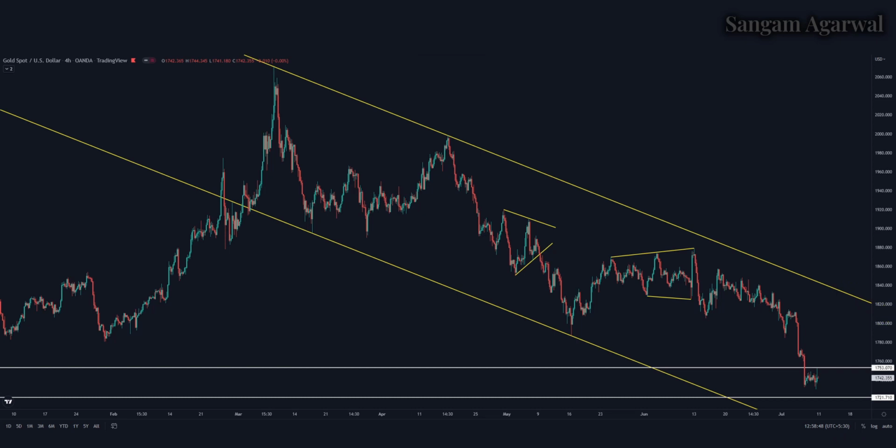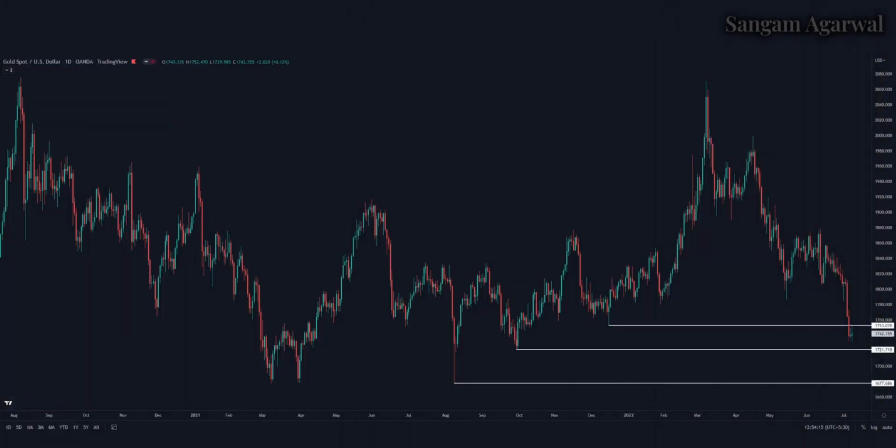And if we go back to the daily time frame, this is technical support, and the rumor is the Fed will either decrease the rate size in the next FOMC, and many investors are pricing in a rate cut in January 2023. So by the time price tests this support, that will be important, because the fundamental reason for a gold trend reversal will